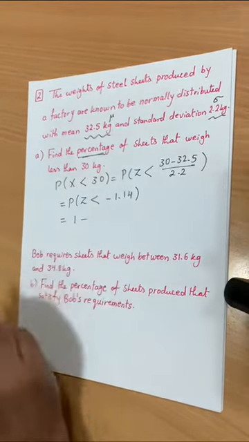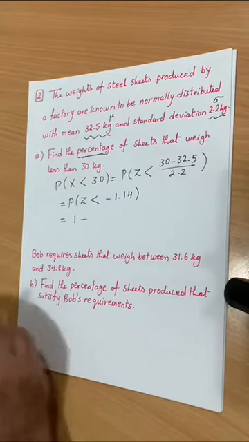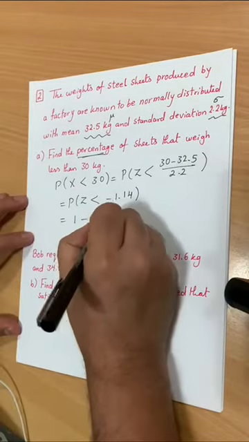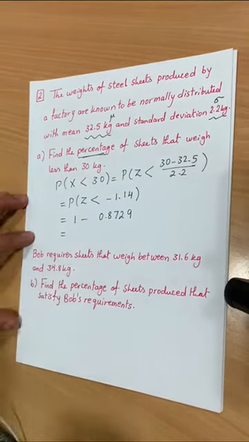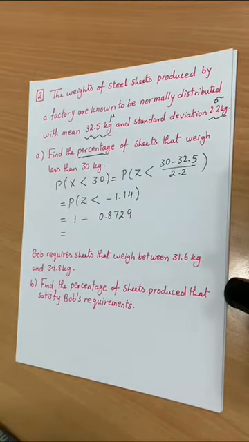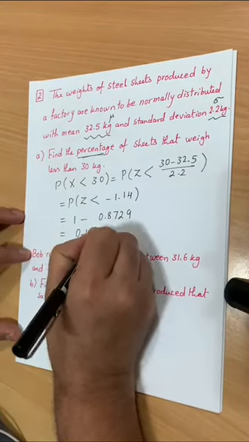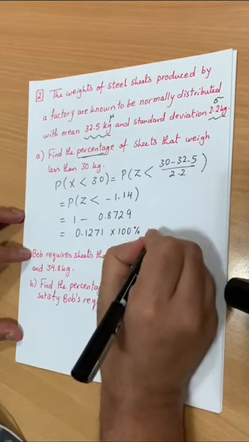So 1 minus, we have to find 1.14 in the table. 1.14 in the table is 0.8729, and just subtract it from 1. So 1 minus 0.8729, and the answer is 0.1271. By multiplying that by 100%, so the answer is